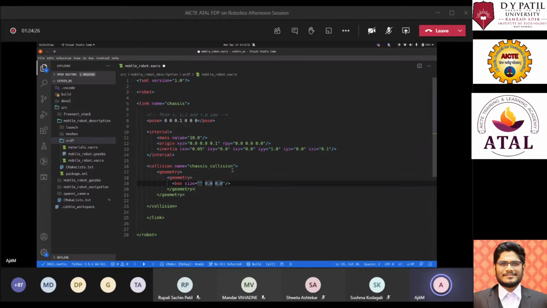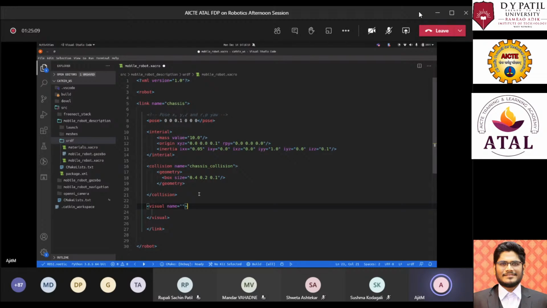the next thing that comes while defining a link is how it visually looks in Gazebo. There is a tag named visual, and visual will have its own name to access that specific tag.